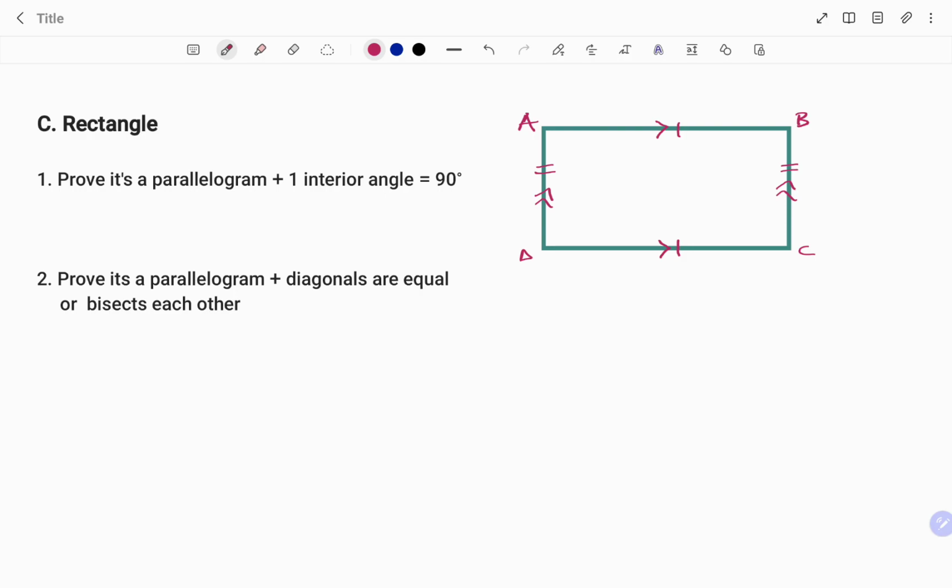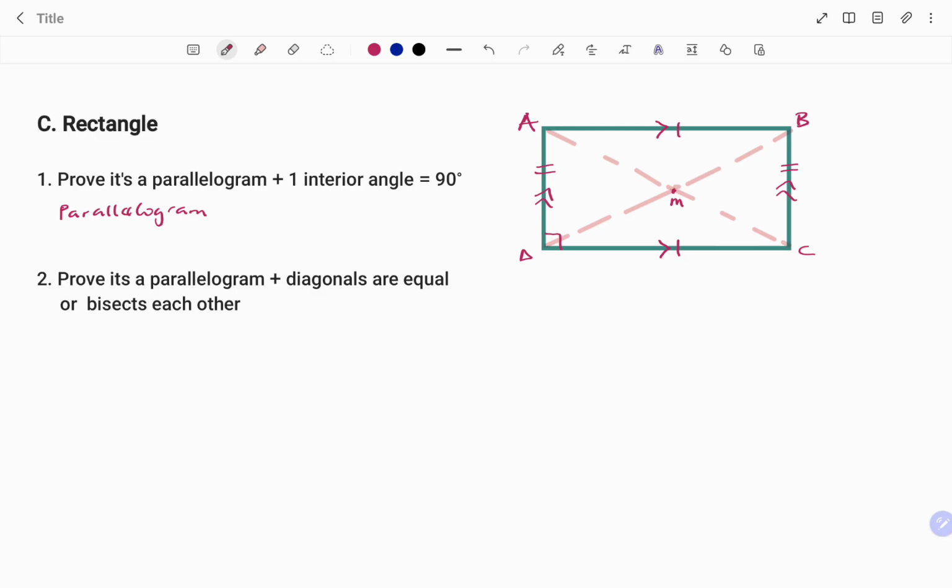The last option for the parallelogram, you can prove that the diagonals bisect each other at midpoint. So if I have the diagonals as shown, that's line DB and line AC, you can show that at the point M, which is the midpoint, they bisect each other. Plus, the one interior angle is 90 degrees. How do you show that? One, you need to show that it's a parallelogram